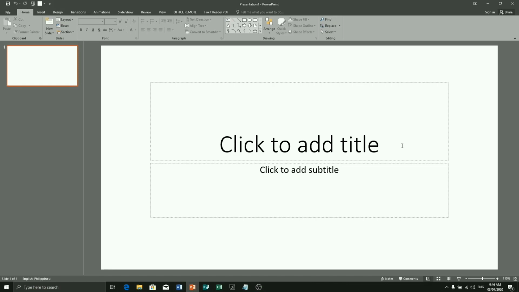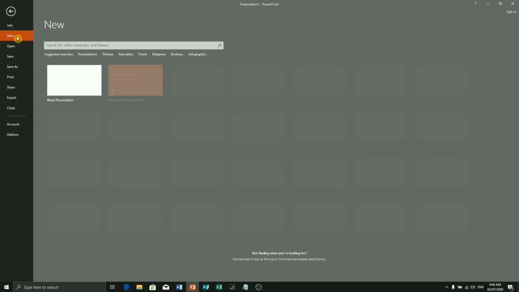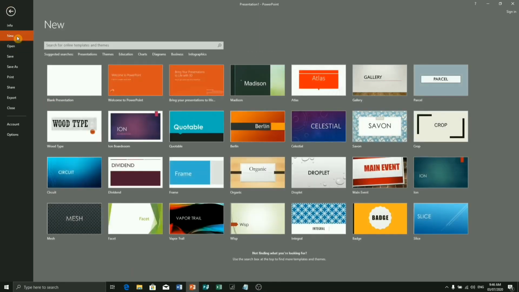In creating an offline template, you go to the File menu and then select New. Then you can now see the offline templates. You are free to choose among the templates given. On the same location, you can extend it online by typing in the search bar